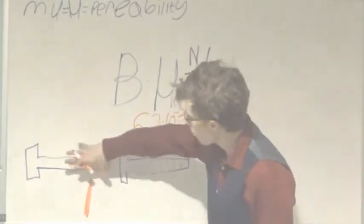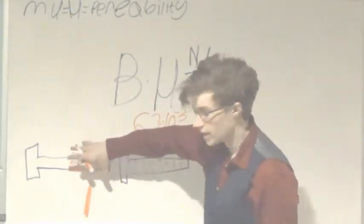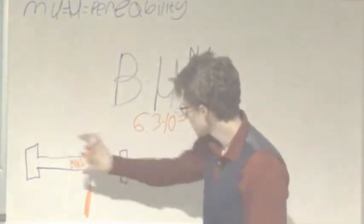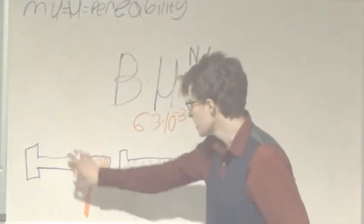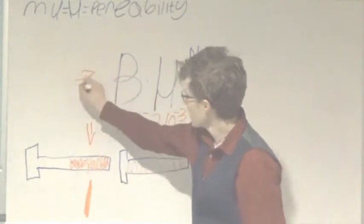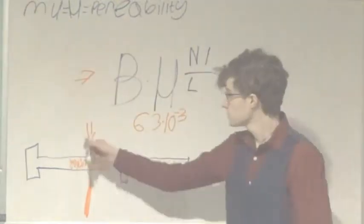This one is going to be much more bunched up, and the coils are going to be able to strengthen each other more than if they were spread out. The nail is the same length, and the coil is the same length. It's the way it's set up that's different. And for this one, the answer of B would be higher. That is Ampere's law. And now we are going to show you the solenoids that we built and the motors